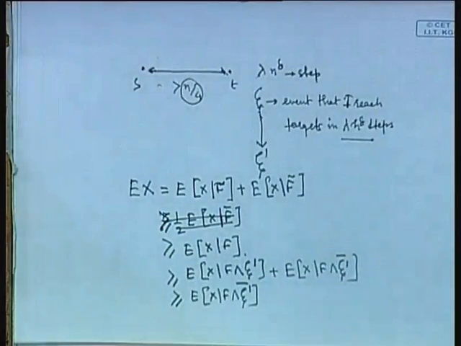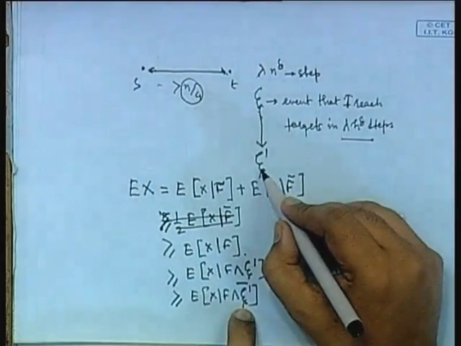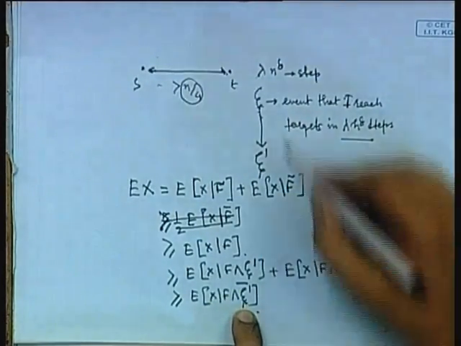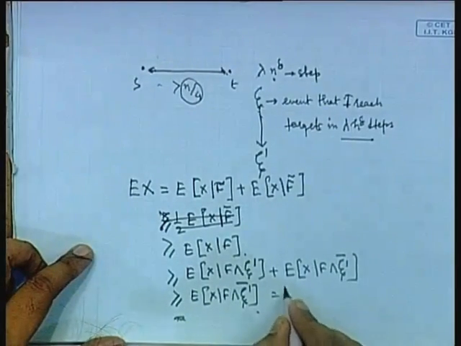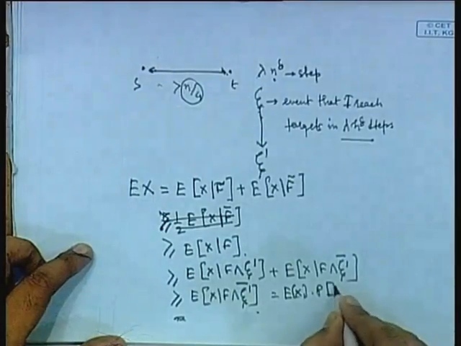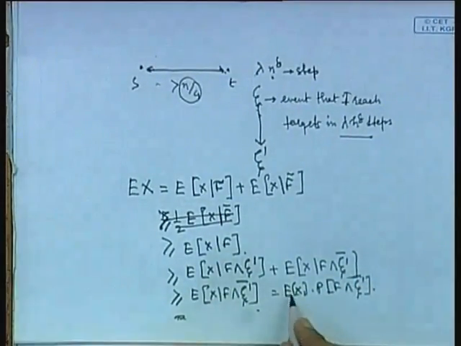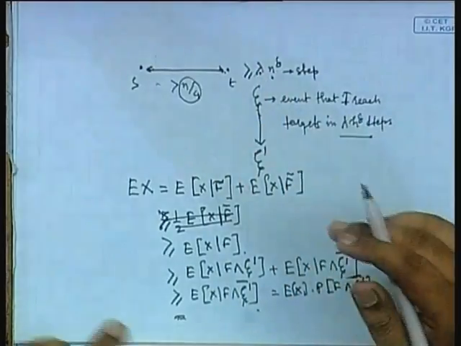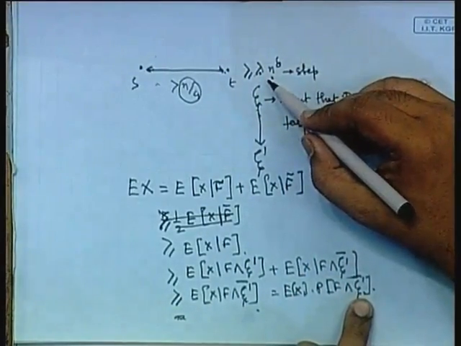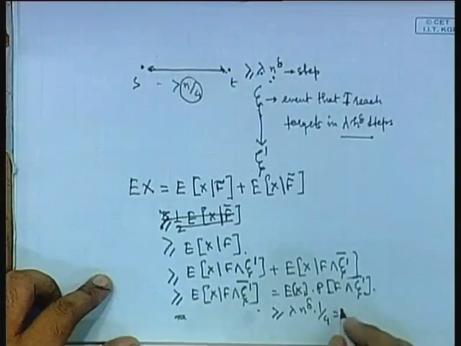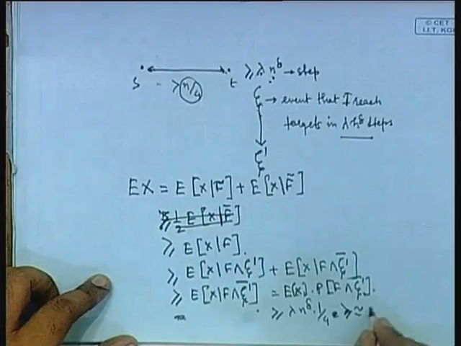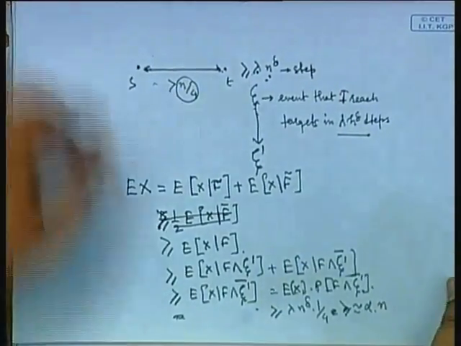Now what we told, if f bar, if this does not exist, then you cannot reach within these steps. Let us write this a little better way. This is expectation of x into p f given sigma bar. And what is expectation of x in this case? It is always greater than this, because if this event occurs, then you cannot reach within these time steps. So, this becomes, and this you can write, and you will see this becomes